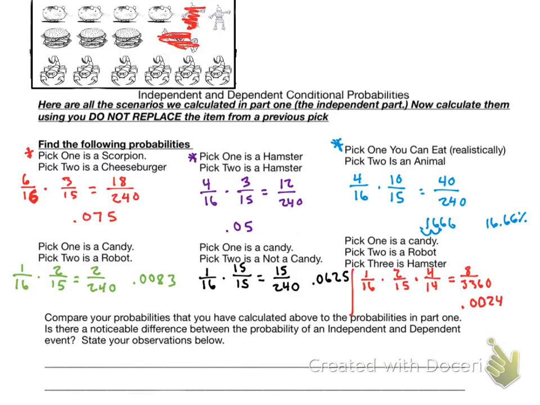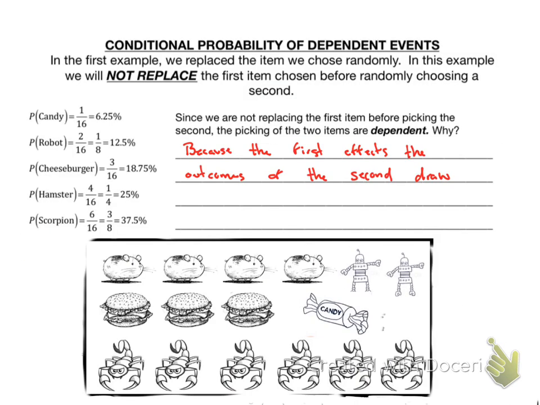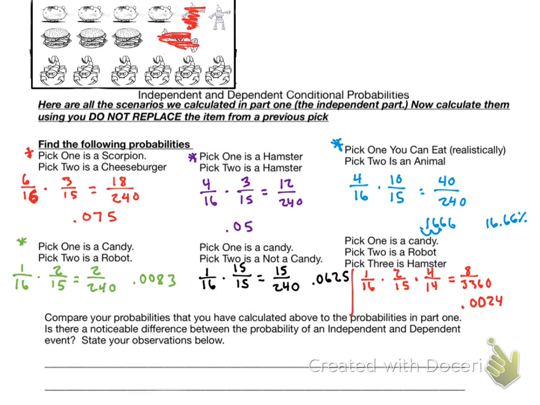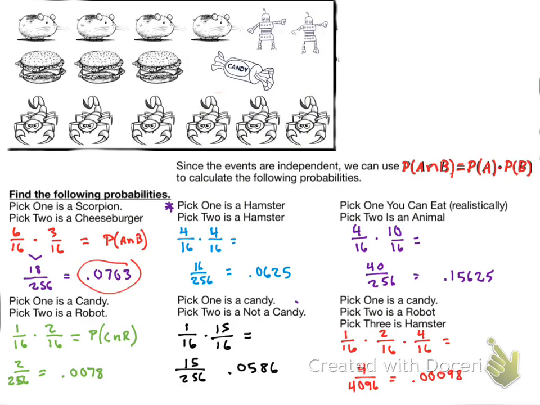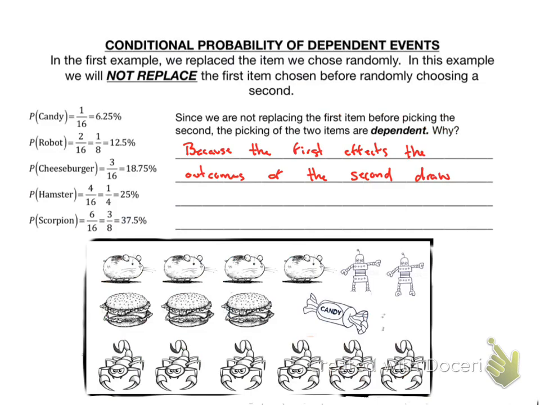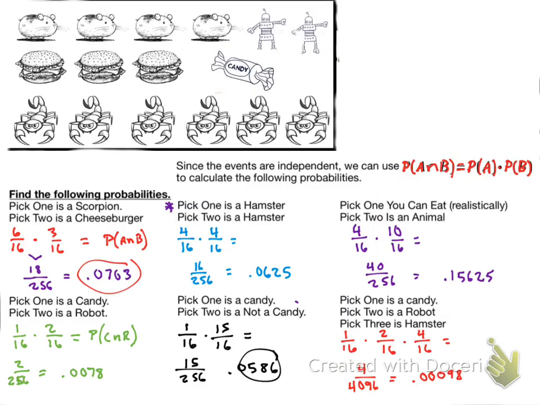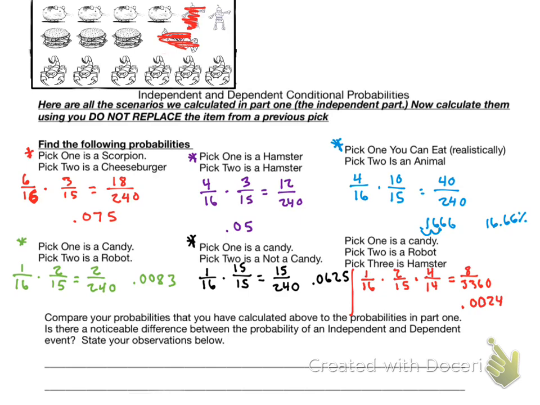Okay, let's look at the green. 0.0083 and 0.0078. This is again higher. Let's do the one in black here. 0.0625 and 0.0586. Dependency is higher. And the last one, 0.0024 and 0.00098. This one's higher. So the thing that we notice is that you have higher probabilities